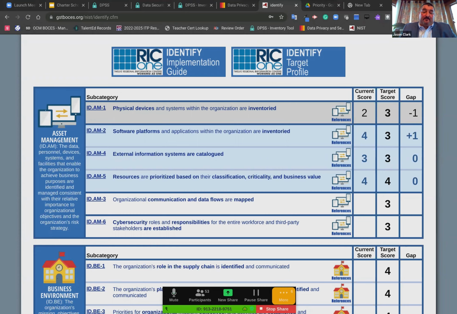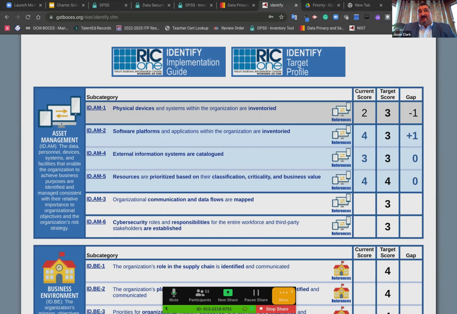Currently, as part of the law, districts don't have to report any of this out to the state. The state does not have a reporting system in place yet for the NIST Cybersecurity Framework. I do personally believe that they will eventually. Every year there is a thing called the NCSR, the National Cybersecurity Review, that runs from October to December, and the state seems to be kind of aligning themselves with that NCSR.